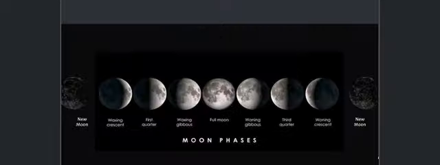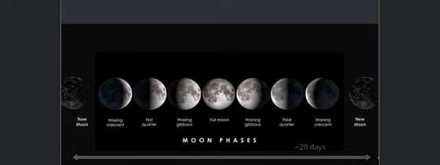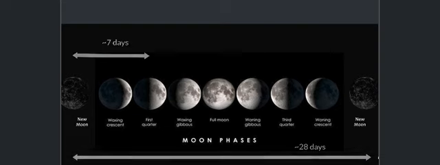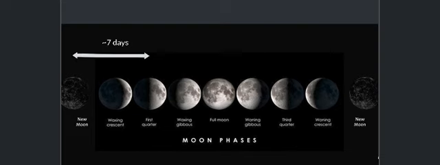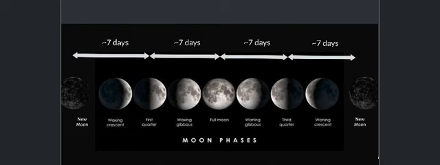Another note, this phase of the moon is called a first quarter, but clearly half of the moon is visible. So why is it called the first quarter? It's because this phase of the moon is a quarter of the way to the next new moon. Remember, from one new moon to the next is about 28 days. The first quarter moon, then, is about 7 days after new moon. Thus, it is a quarter of the way to the next new moon.